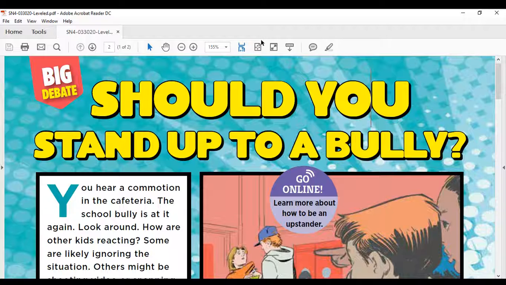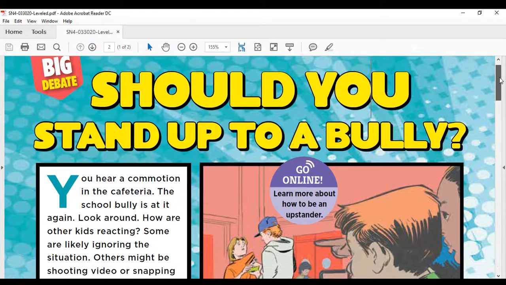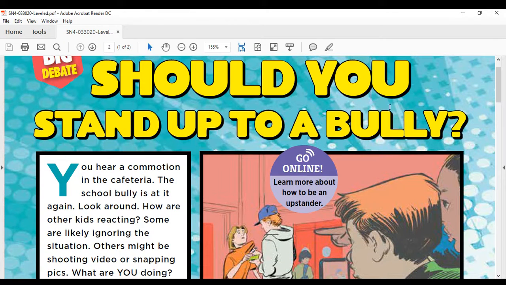You should have read this without a problem. I'm going to go through it with you. We're going to make some annotations. And I hope what you really noticed were the text features. There were a ton of text and graphic features within here. The title is up at the top, which tells us what the text is about.